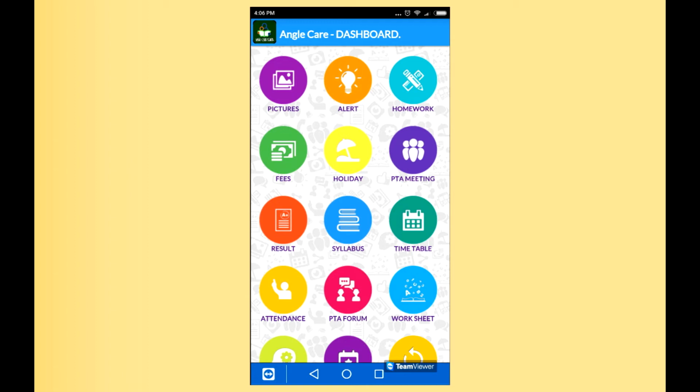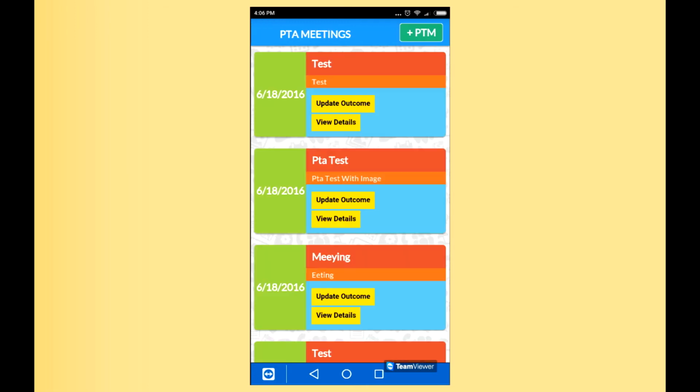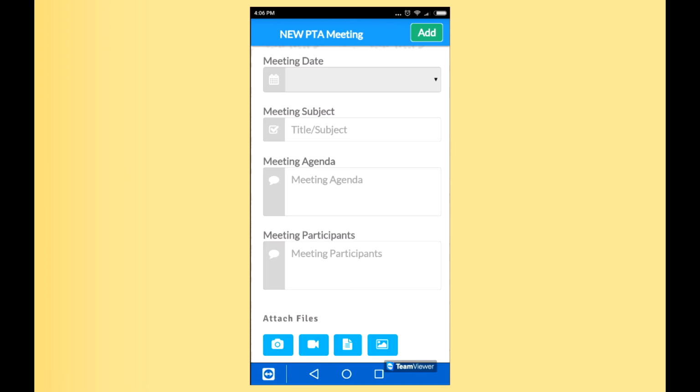Now there is the option of PTA meeting. If you want to call a PTA meeting, you have to select the PTA meeting tab, and you can add the new date for PTA. And if you have some special notices, you can add them by attaching files.